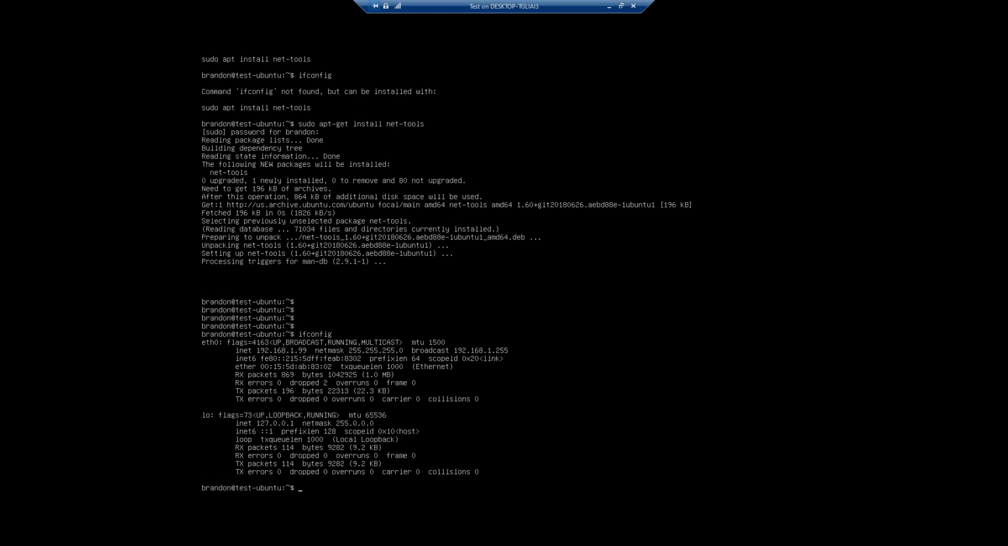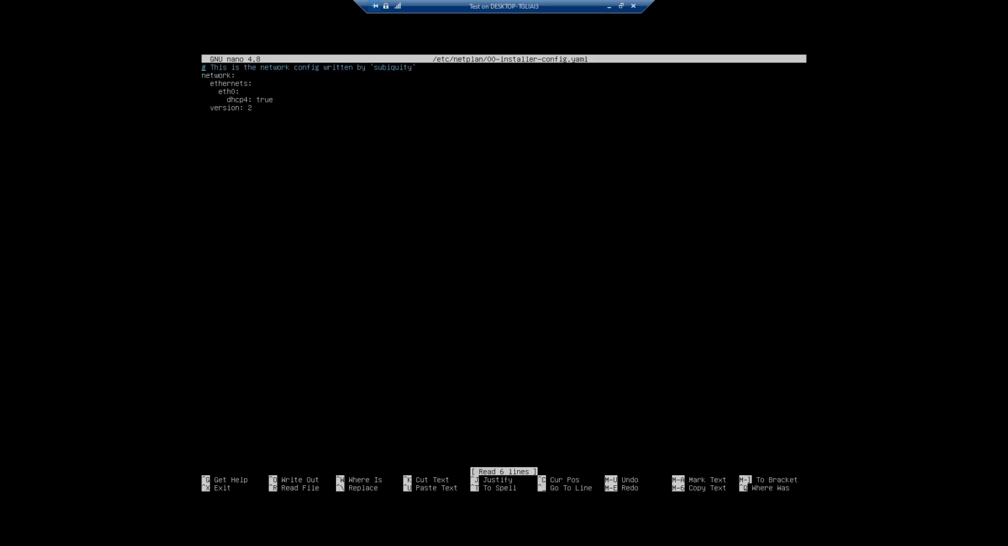And in order to do that, we're going to do sudo nano /etc/ then I think it's netplan. And then if we hit tab, it should take us to the config. And you can see here it has DHCP4 set to true. And what I typically do